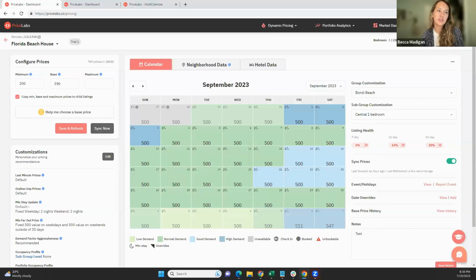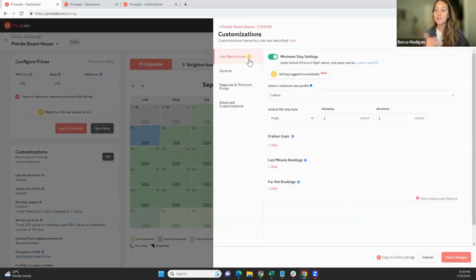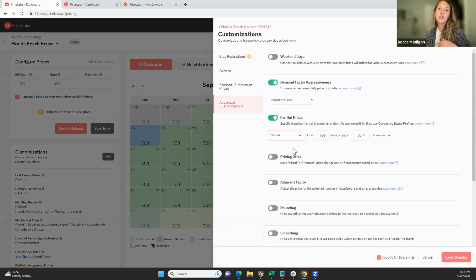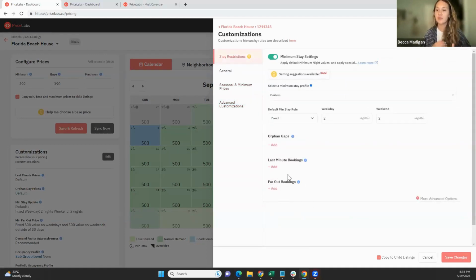There was a question, what's the difference under stay restrictions, the far out booking feature? So what we've been talking about so far is related to pricing. So either changing your minimum price with that far out minimum. The feature update was for the far out premium, which is actually changing that recommended price. But if you go under stay restrictions, you do have an option to set up sort of different levels of